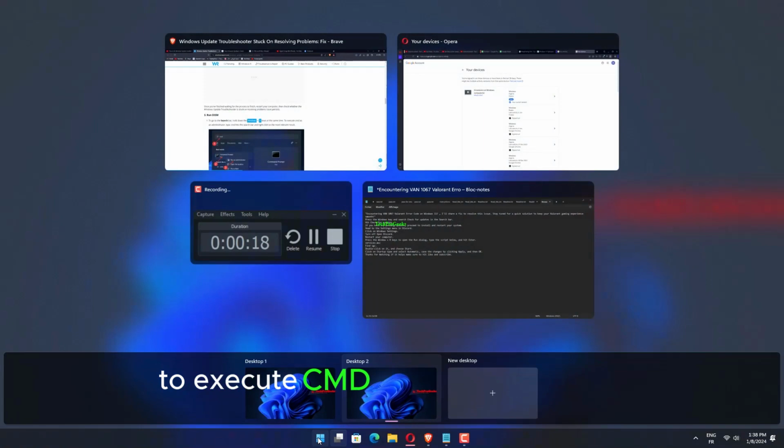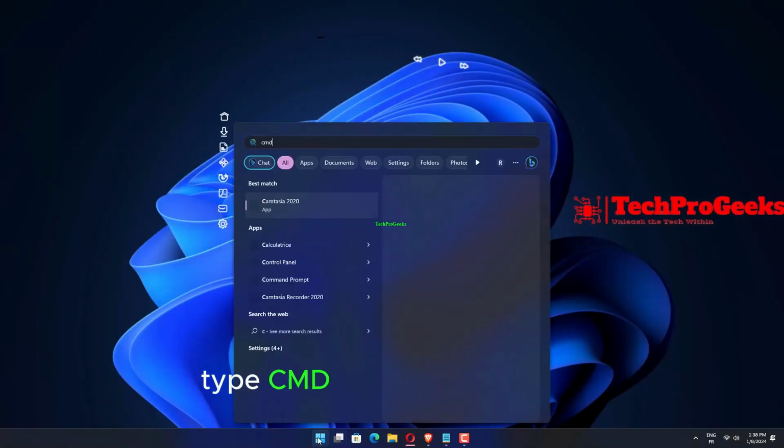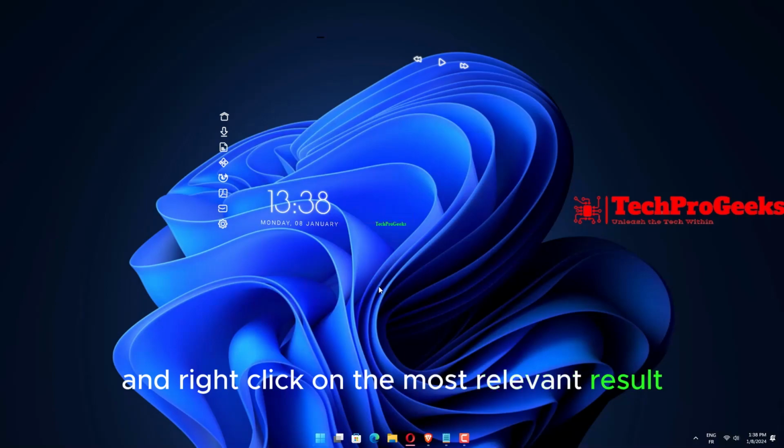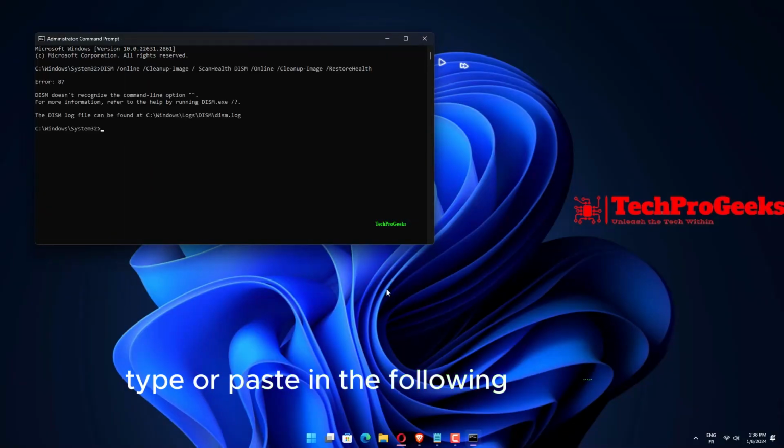To execute CMD as an administrator, type CMD into the search bar and right-click on the most relevant result. Type or paste in the following commands and press Enter after each. Press